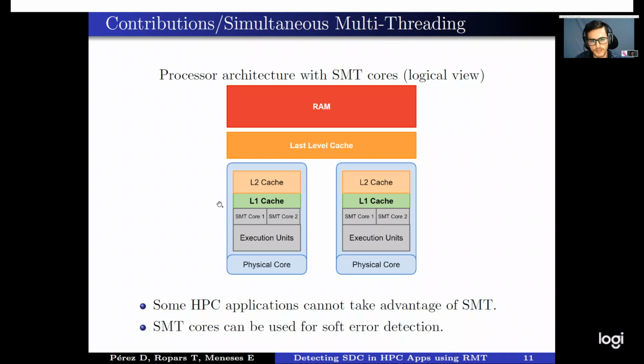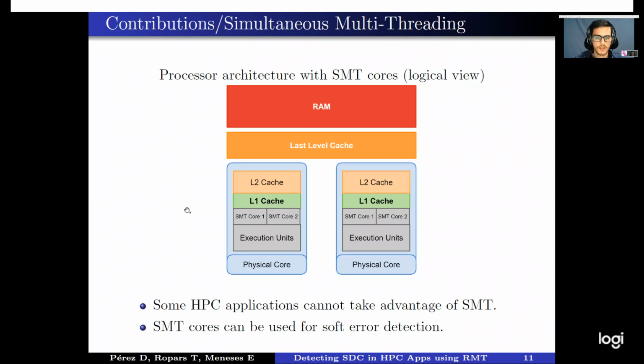And what we say is that if we pin the sibling replicated threads, the leading and the trailing threads, on these logical cores, they will share the L1 cache. And since they are sharing a lot of data, exchanging a lot of data, it makes sense to have this memory